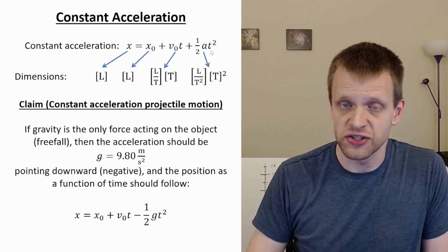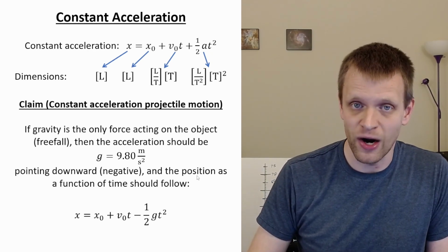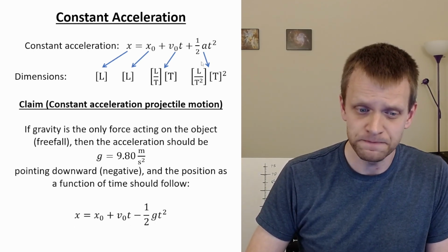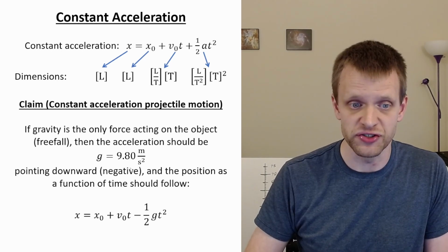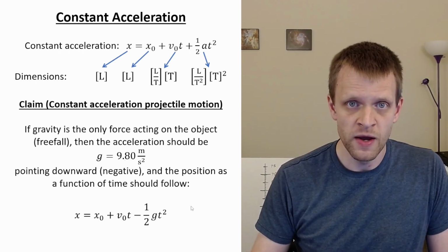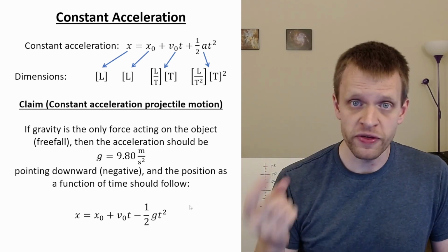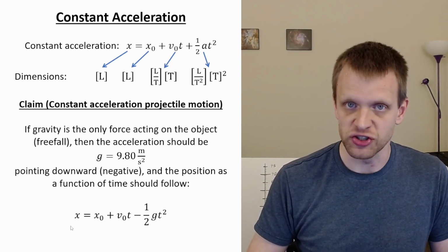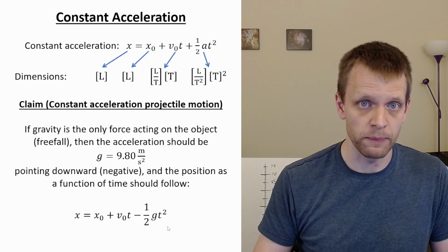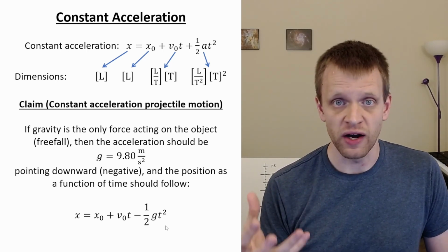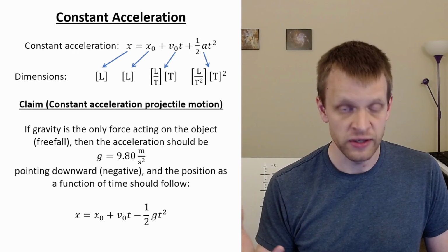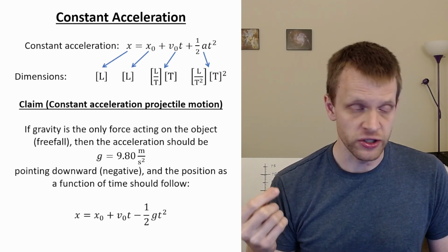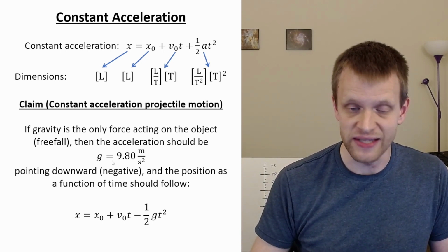And then this constant acceleration equation that shows our position as a function of time should follow this form, where I'm replacing the acceleration with this negative g value, this negative 9.8 meters per second squared. So we're going to put this constant acceleration equation to the test. When we start looking at some data, does the data actually support that this equation is an accurate way of representing how the position of an object that has a constant acceleration is changing with time? And in the case of free fall motion, do we actually get this little g equal to 9.8 meters